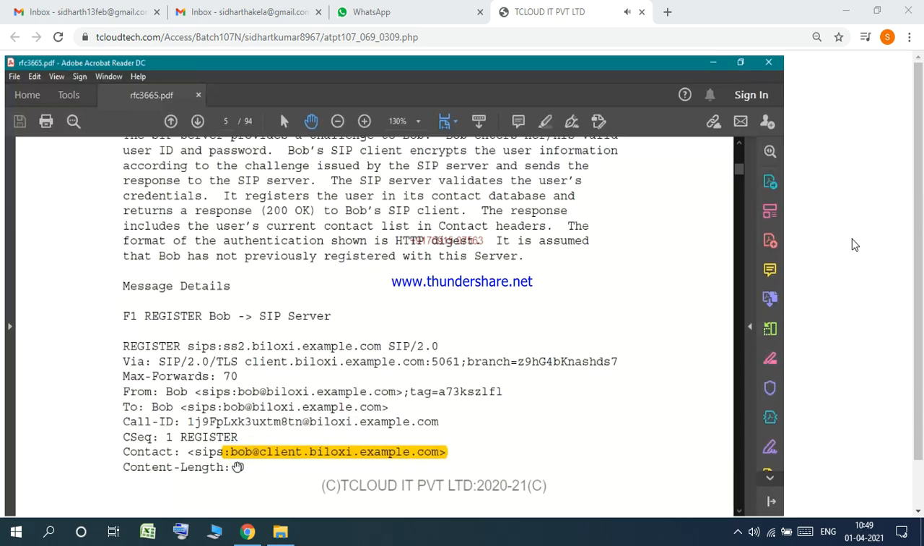So this Bob guy is telling that, hey, actually my SIP URI is bob at biloxy.example.com, but I'm reporting my IP address. The contact field typically contains your IP address. Either you can quote your IP address directly, or you can quote your URI or FQDN, fully qualified domain name. So the Bob guy is not quoting his IP address in the contact field. Instead, he is telling that I'm giving you my FQDN, fully qualified domain name, called bob at